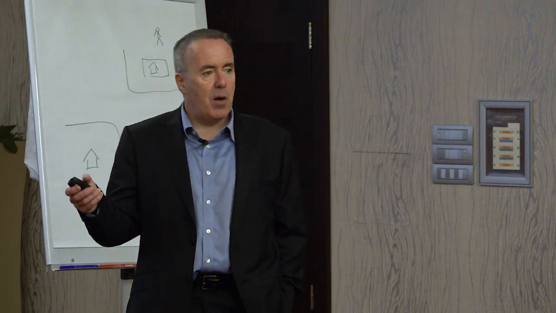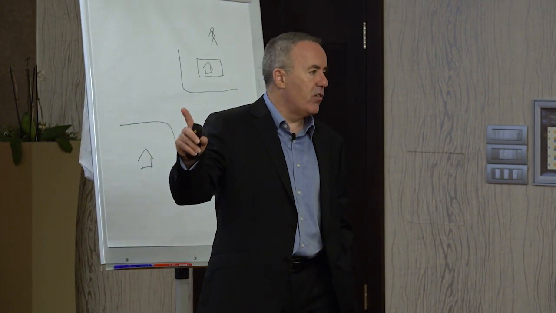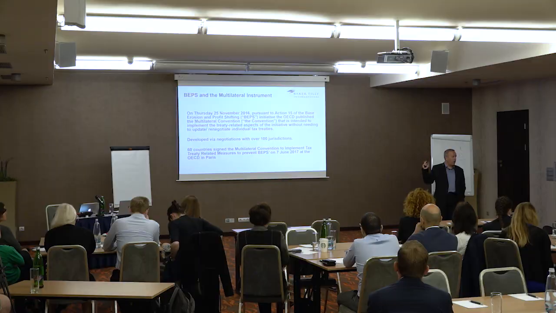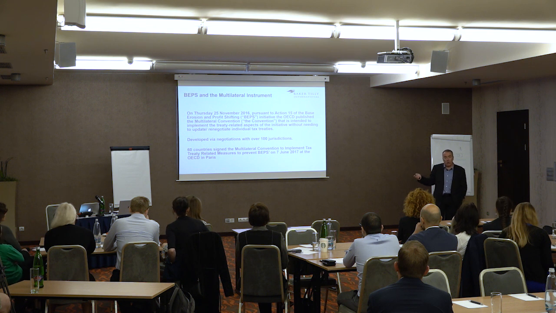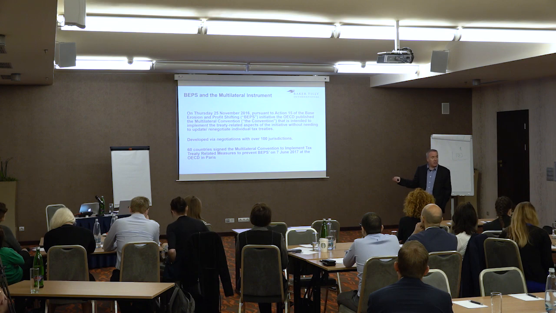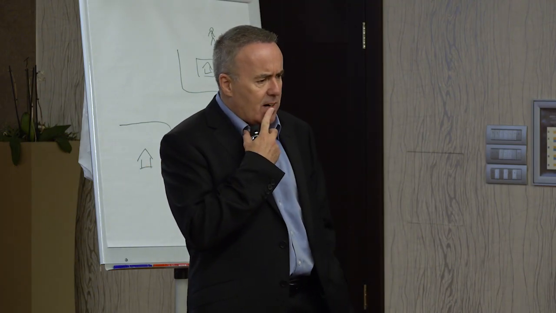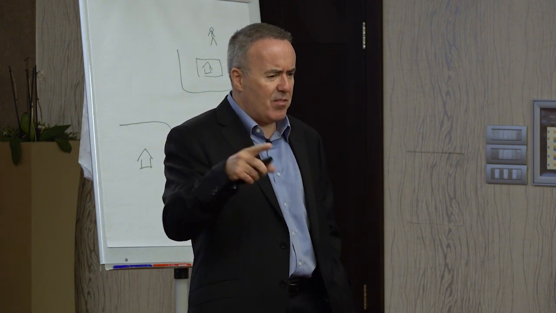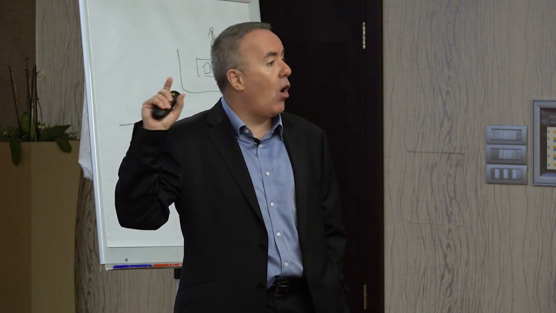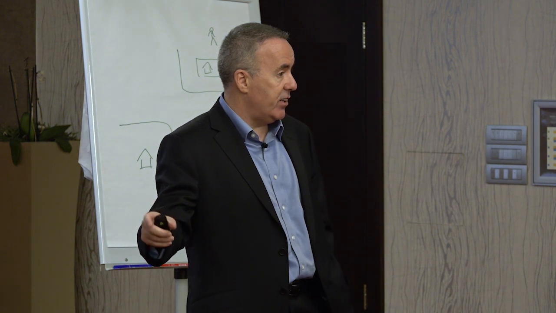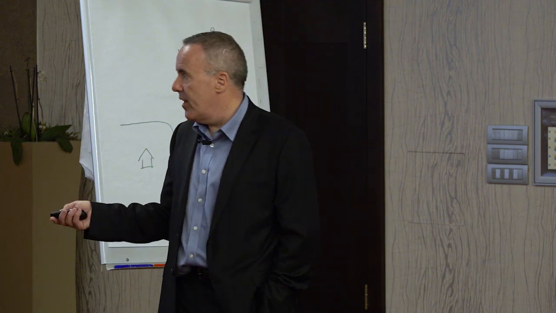Blimey, say all the members, how much work is that going to involve? Got some great news for you, says the OECD. It's not going to involve any work at all. Here they all are. Sign up to this, and this presupposes that all the double tax treaties you've signed with anyone ever include those provisions. What do you say? And the member states go, well, that sounds great, but hang on, better have a think about this. I don't think the Isle of Man are going to be happy with that. So you can opt out in respect of that particular provision. You can opt out apart from the most basic protections provided under the MLI.